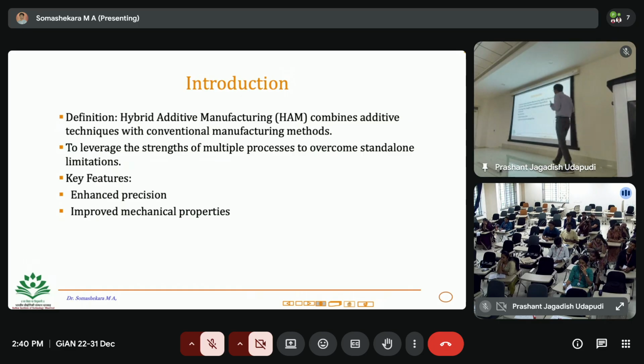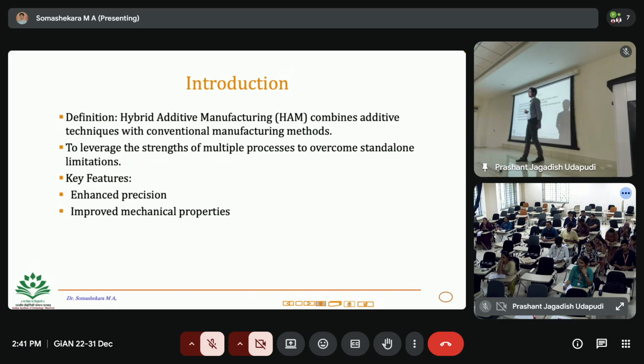But when it comes to properties or strength, you will have more advantages when you combine additive with one or multiple conventional processes. So this will help us leverage the strength of multiple processes to overcome standalone